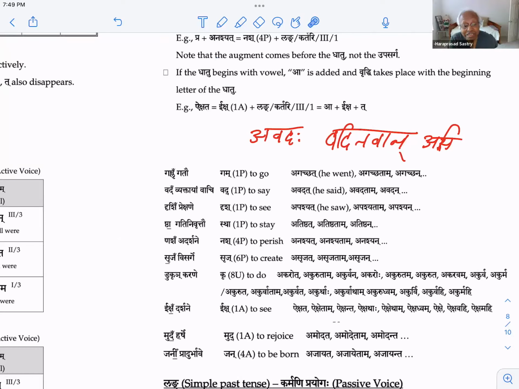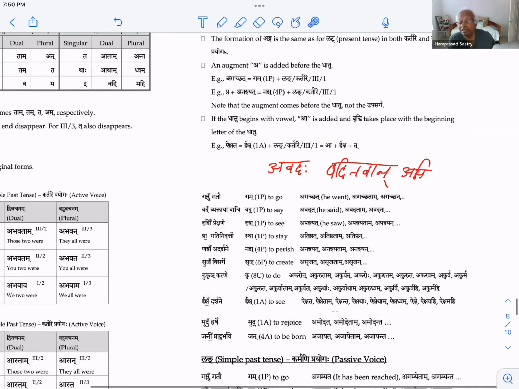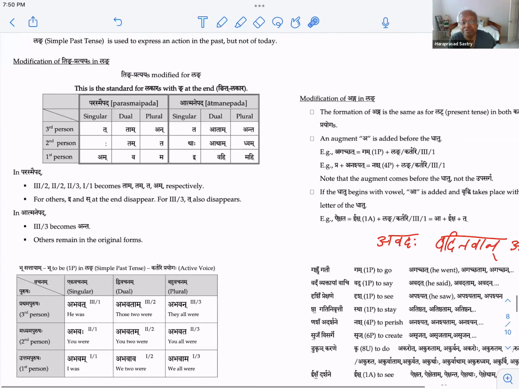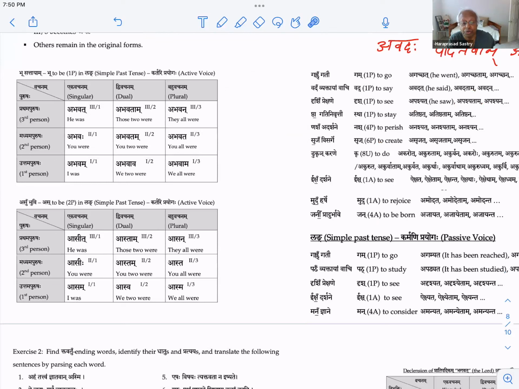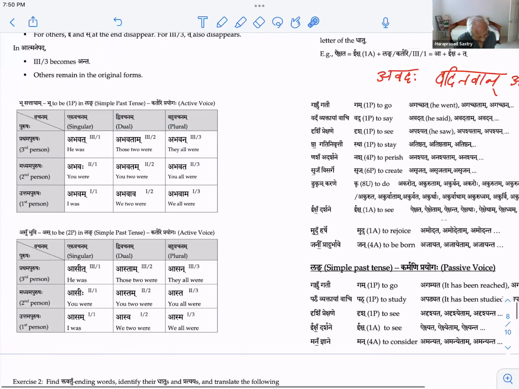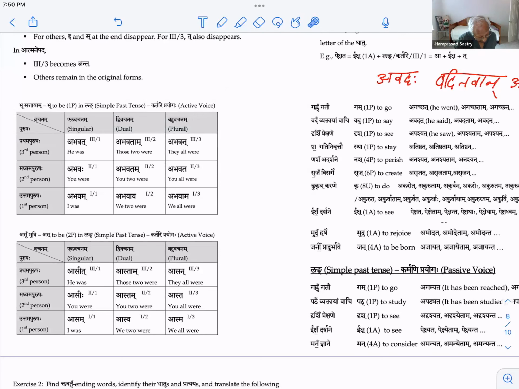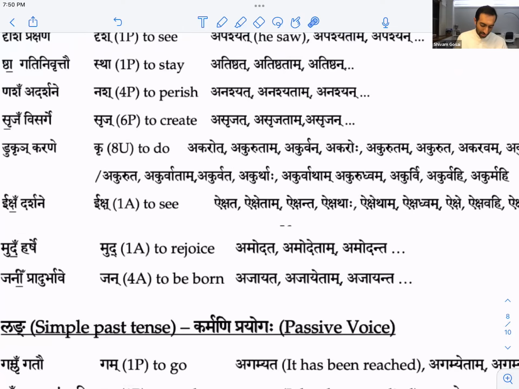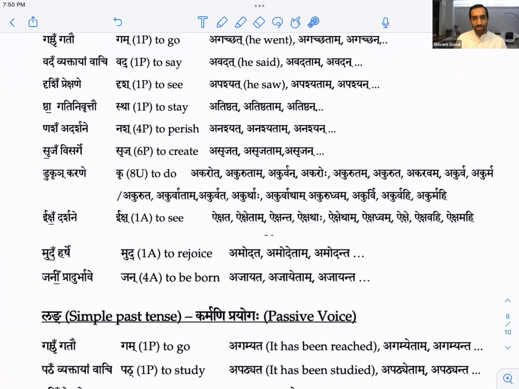Mahodaya, I understand what you're saying, but how can it be tvam? Where do we get akaroho? Oh, sorry, you got muted. Can you say that one more time? Yes, akaroho. Where does that come from? It is not in any of the lang lakara forms. Yeah, lang lakara kr is always funny.